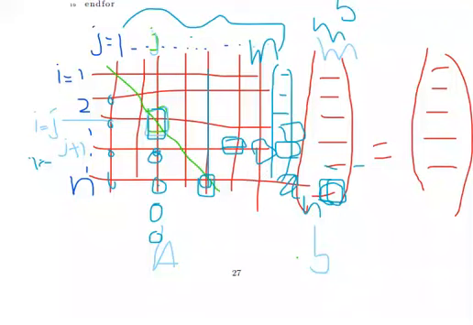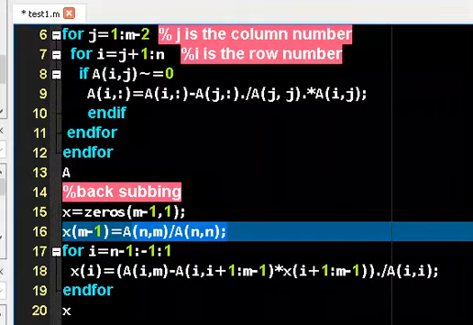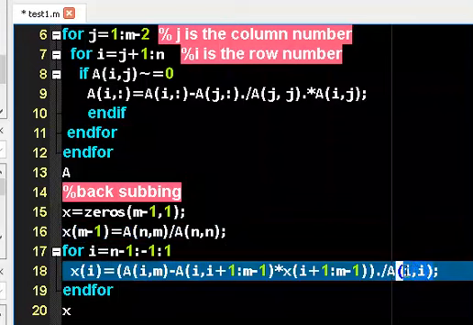This one is on the diagonal. Yeah, this is on the diagonal, right? And this is the i-th position of the right hand side of the equation, minus,